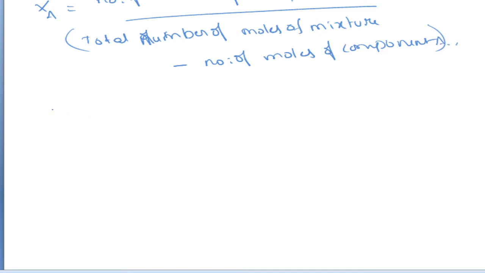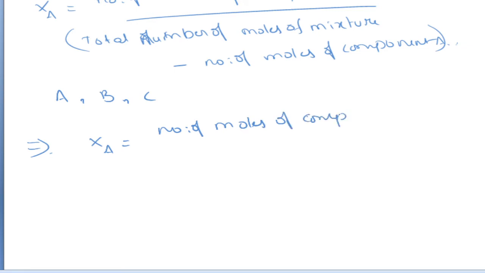So, you can say that if you have a ternary mixture containing A, B, C, now you can calculate the mole ratio of component A like this: mole ratio of component A is equal to number of moles of component A, and total number of moles. Another way, I can write it like this: number of moles of component A, Na, divided by total number of moles of mixture